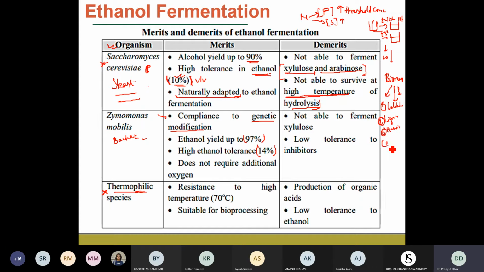Okay, so cellulose is nothing but a long chain of glucose. This long chain of glucose cannot be utilized by the microbes as a carbon source. So what we do is we take the initial biomass and we hydrolyze it. What does hydrolyze mean? Hydrolysis means that we convert these long chains of cellulose to the small monomers of glucose. Only then will this glucose be taken up by the microbes for the fermentation.